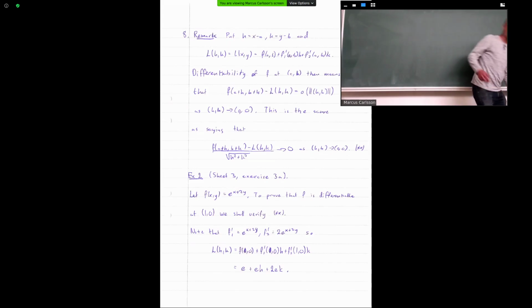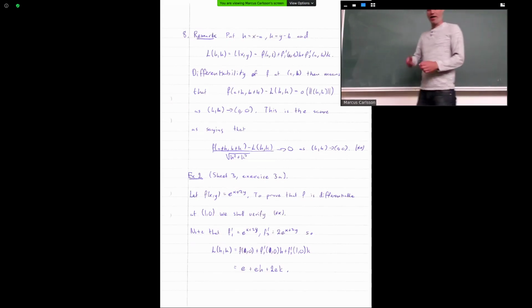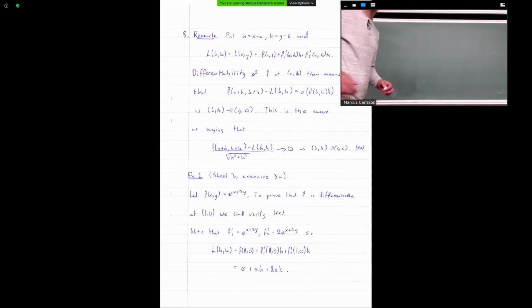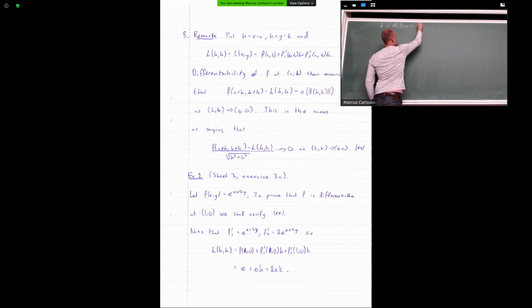So how he wrote it there, he had x and y and a and b. So it's maybe hard to see what's going on because we're not dealing with near 0. So another way of expressing it, f is differentiable